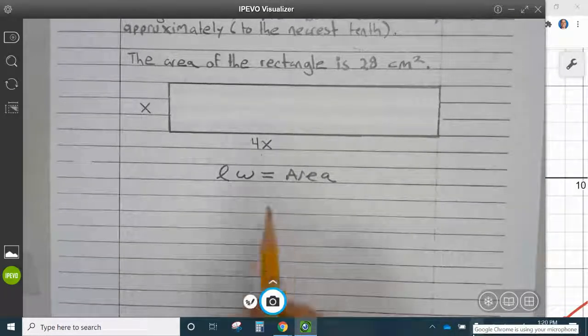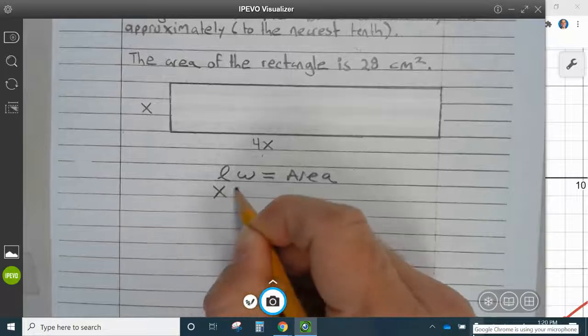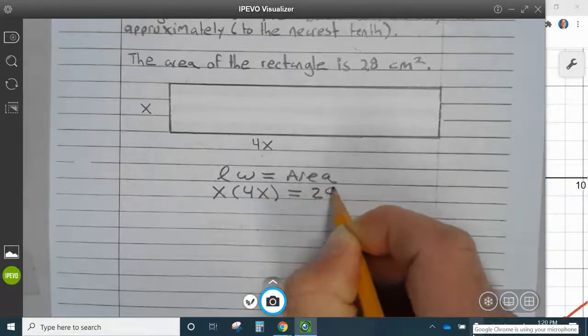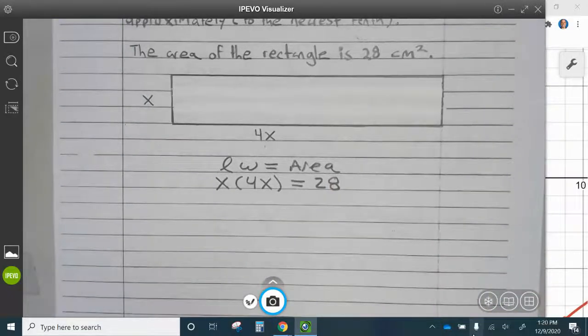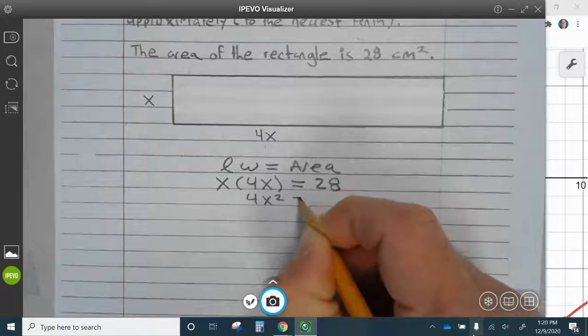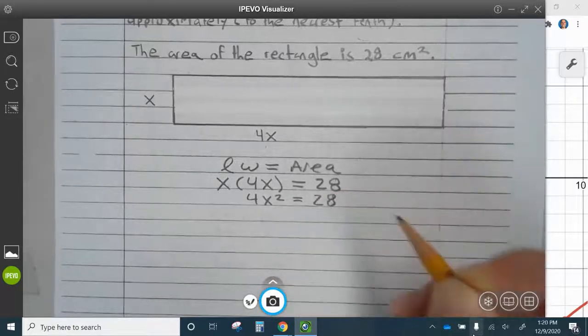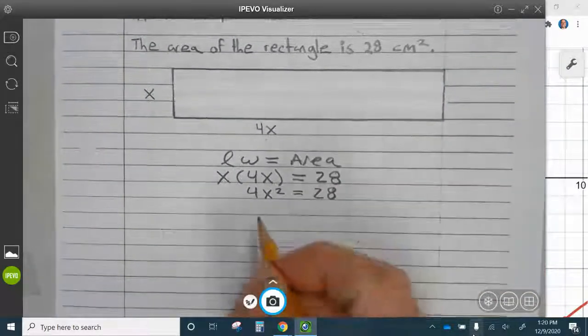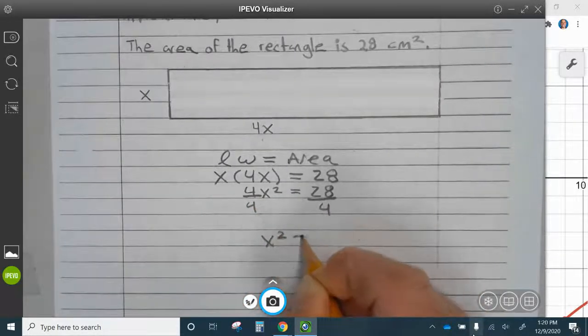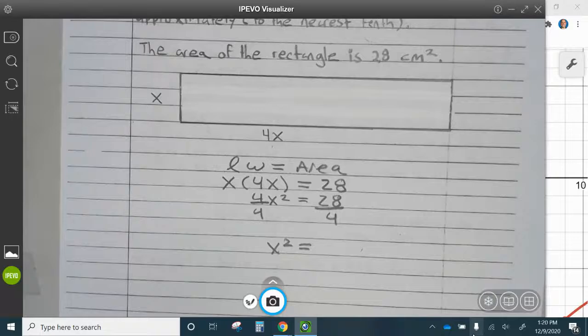Now, the length is x, the width is 4x, and the area equals 28. So now we're going to solve for x. So x times 4x is 4x squared equals 28. Divide both sides by 4. x squared equals